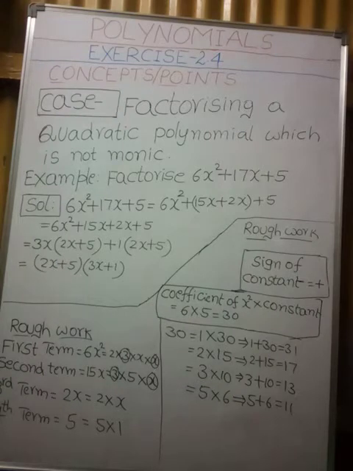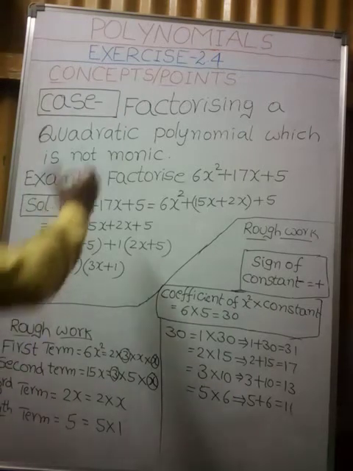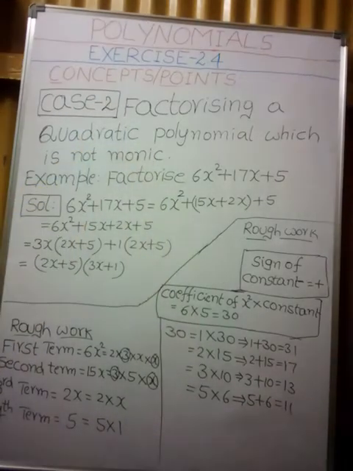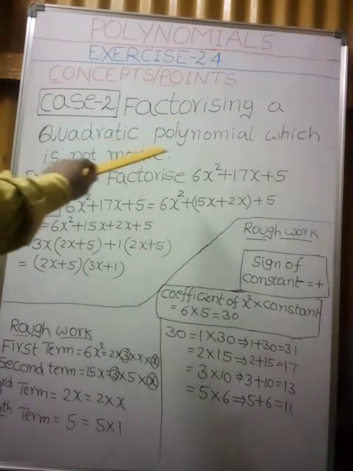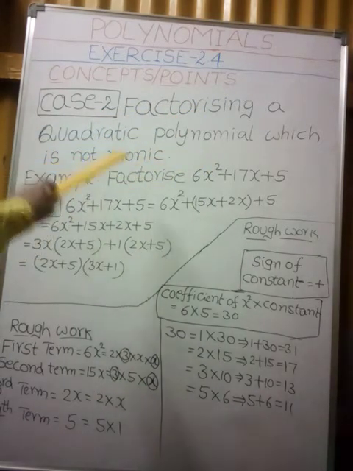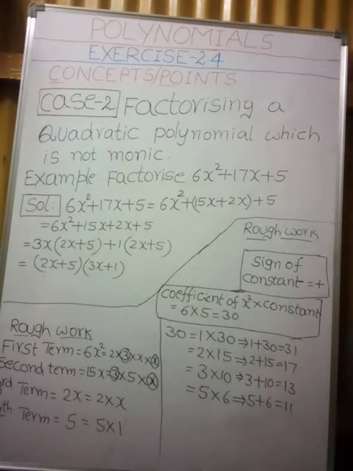Now come to case 2. Second case: factorizing a quadratic polynomial which is not monic. In case 1, we factorized a monic quadratic polynomial by the splitting the middle term method. Here also we use the same method, splitting the middle term method, but a small change is